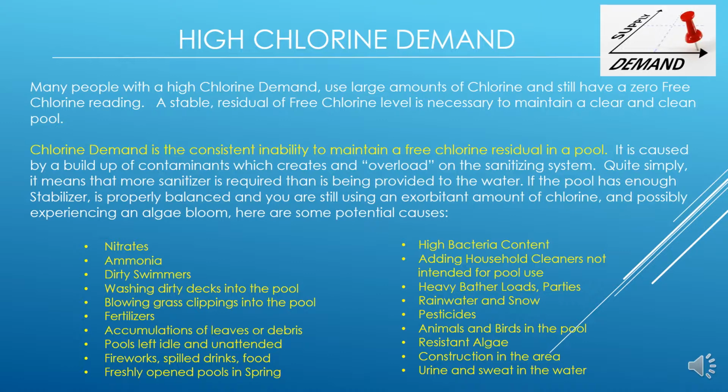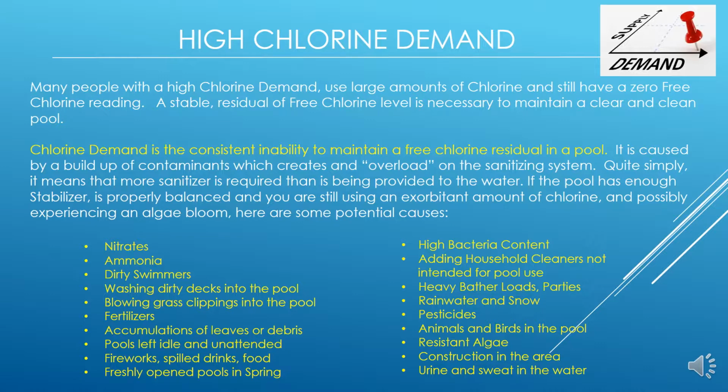If the pool has enough stabilizer, is properly balanced, and you are still using an exorbitant amount of chlorine, and possibly even experiencing an algae bloom, here are some potential causes. You may have nitrates, high ammonia levels, dirty swimmers, washing dirty decks into the pool, blowing grass clippings into the pool, fertilizers, accumulations of leaves and debris, pools left idle or unattended, fireworks, spilled drinks or food in the pool,